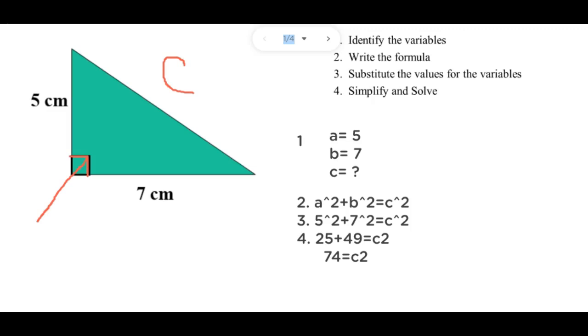Now for the final step. That C squared, that's not C. The biggest mistake that a lot of students make is they will leave that as C squared. They'll just write 74, and that's not correct. C squared is 74, not C. We need to know C. So in order to do this, what you want to do